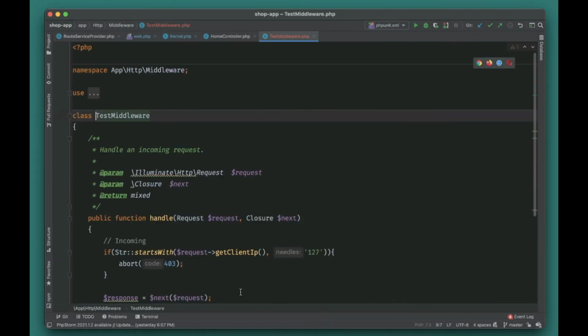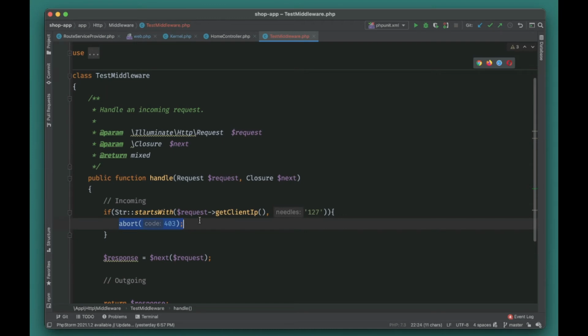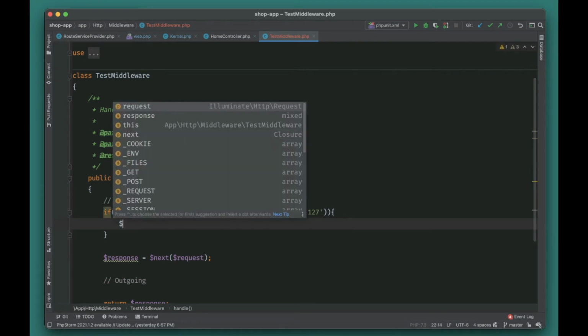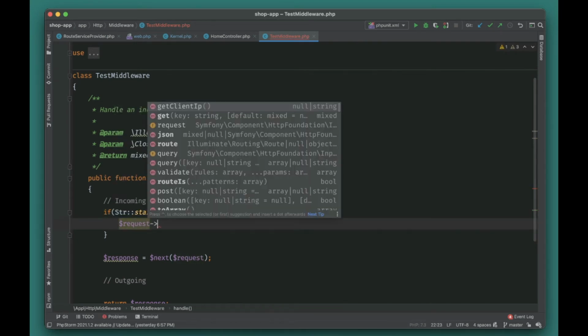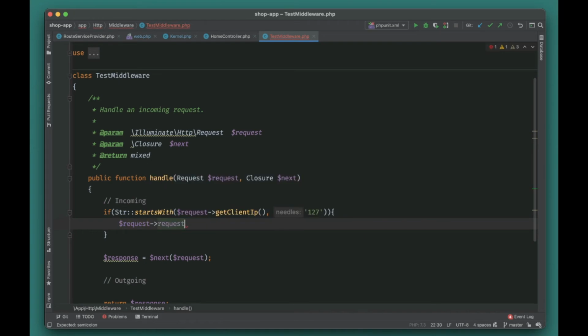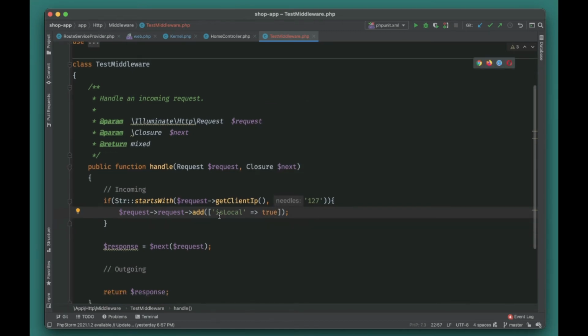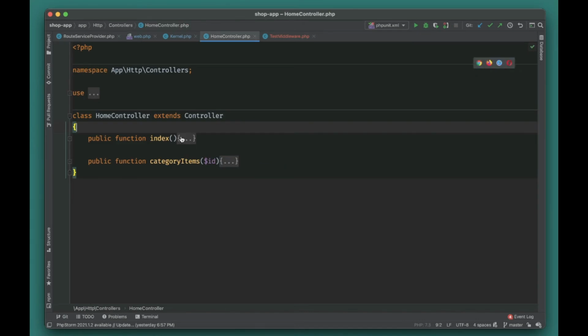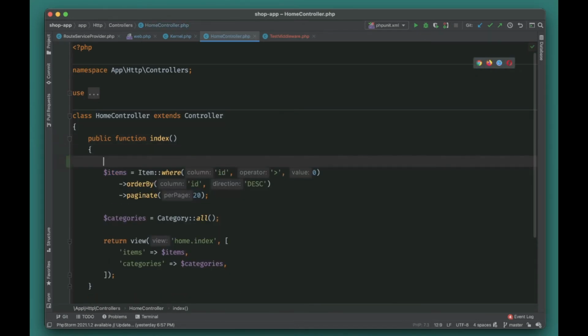So we can actually do something interesting here. If the request is coming from local, we want to add another key into the request object that is local, true. Actually, we need to pass an array. I guess is local. So what it will do is it will add this key into the request object as well. For example, if we go to home controller and we can check